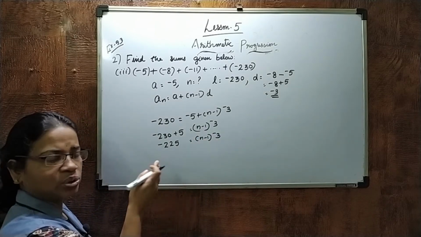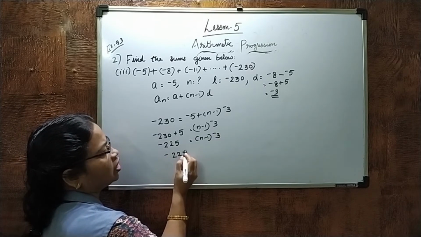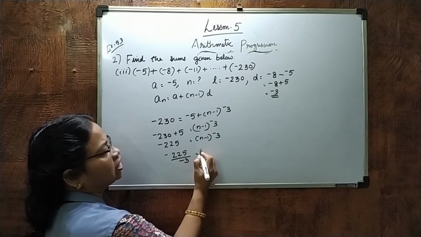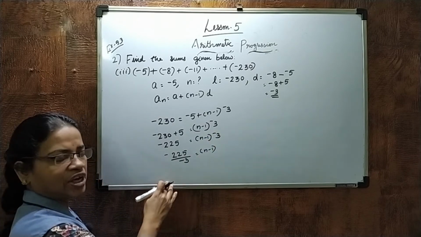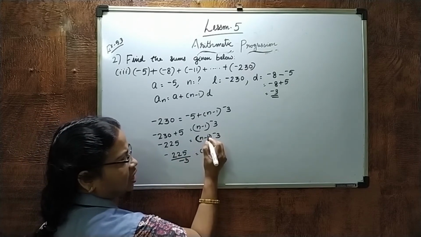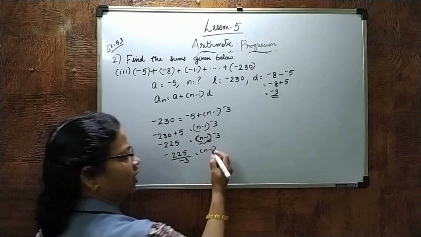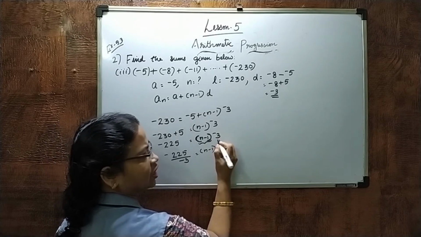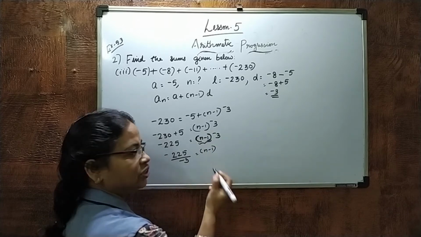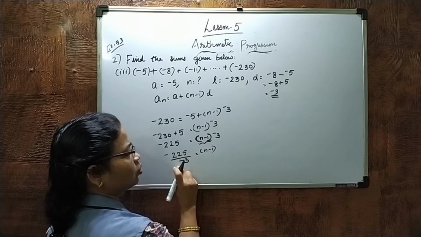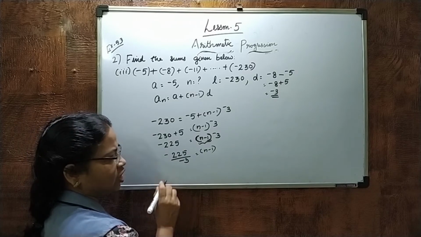Take this negative 3 to this side. Here multiplication comes to here, it will be division. So negative 225 divided by negative 3 is n minus 1. Don't take this 3 as positive here. Just look, here in the bracket n minus 1, make it one family. Then again, one joint family means into negative 3 is there. With this n minus 1 and negative 3, what happened? It is into, so coming to here, it will be division. So here negative divided by negative is positive.